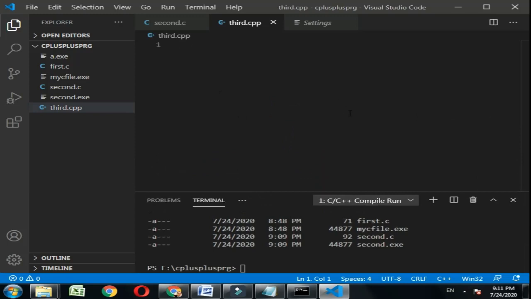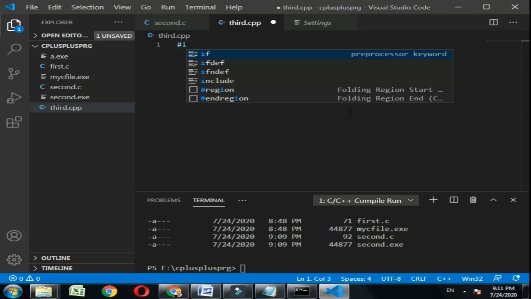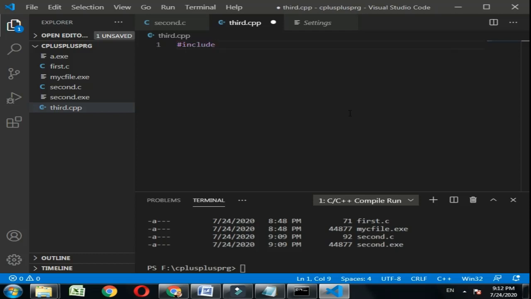The first line of a C++ program is include. See, here we are getting autocomplete. I have written only #i and it is giving this particular help. It is called auto type. I just press the tab option, so the entire thing is automatically written.